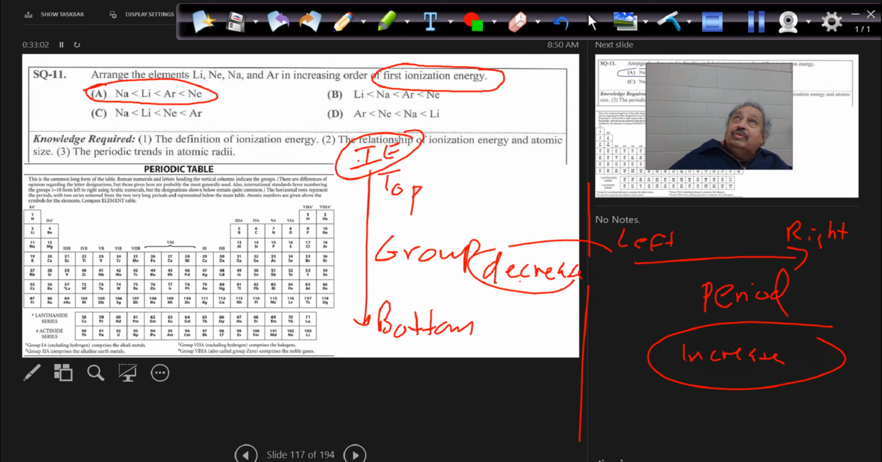If you go from top to bottom, ionization energy decreases. So if you go up, you will see that lithium is more than sodium, and neon is more than argon, in ionization energy. So this is the opposite. Here, make a note for yourself: opposite of atomic